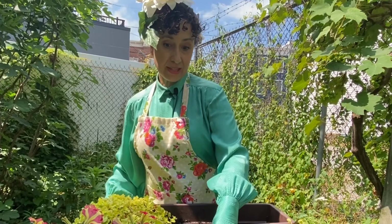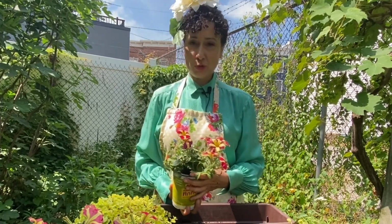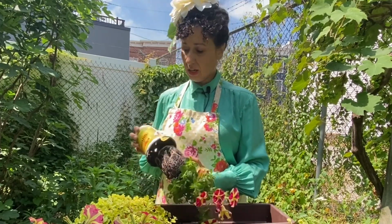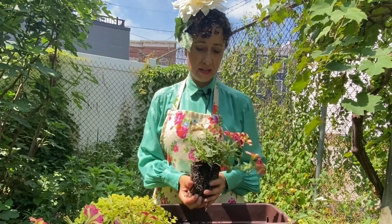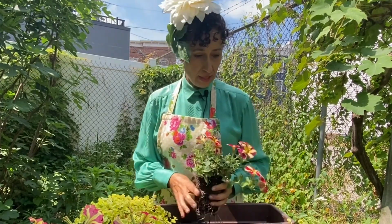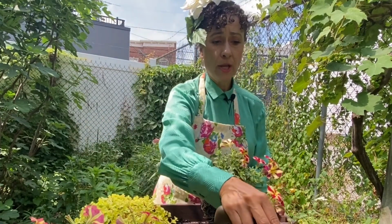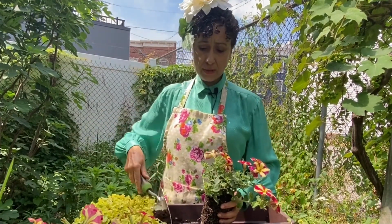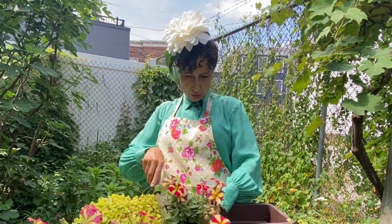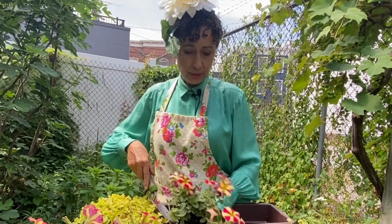I'm in love with these trumpet-like petunias, these stripy trumpet-like petunias. I think they're gorgeous, and I do hope that they give me a lot of volume during the season. They're not wave petunias. Wave petunias are the ones that hang over the pot, but hey, these will do their business. So that is going to go right there, and of course I'm working back to front